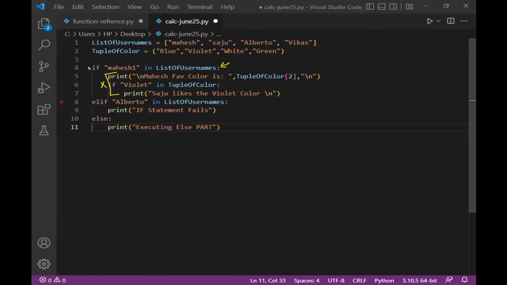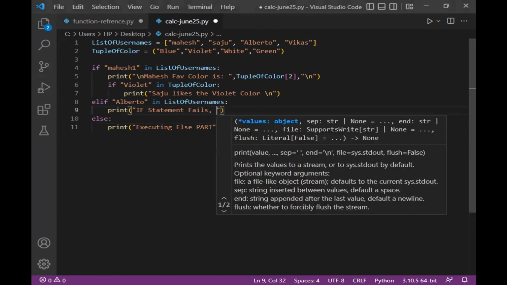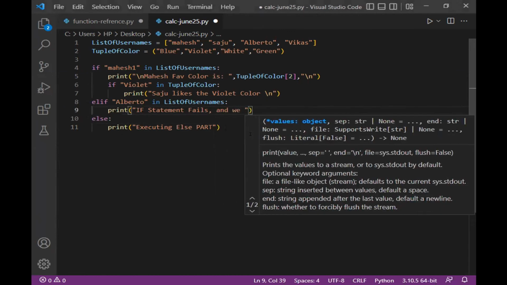Your Python will jump to line number 8. Line number 8 is true. Since it is true, this will get printed out, but Python will not print out the else part. So only line number 9 should be printed out. Okay, if the statement fails, and we have